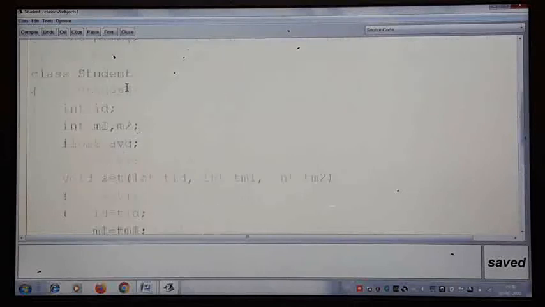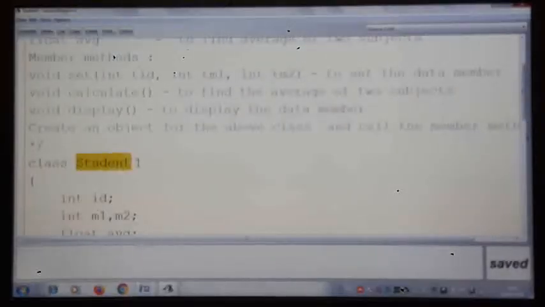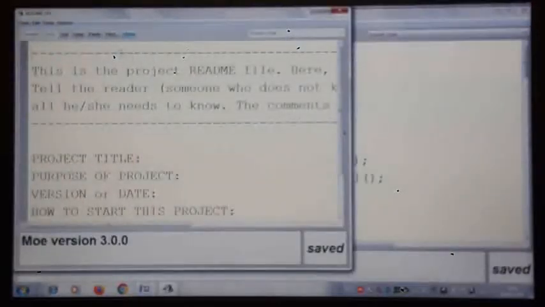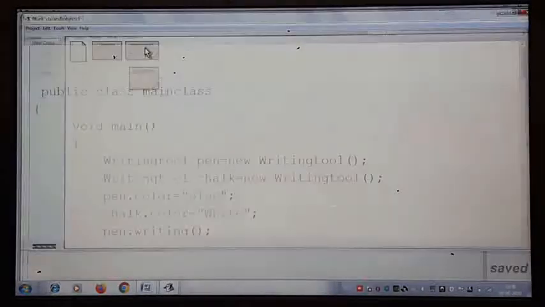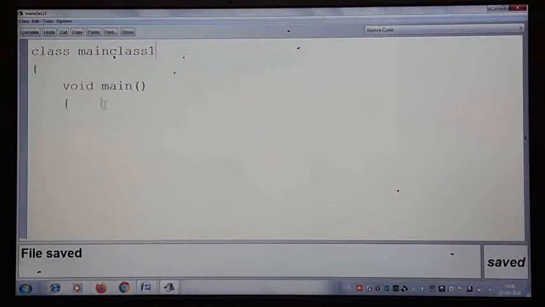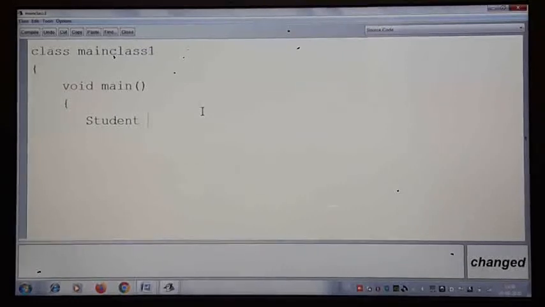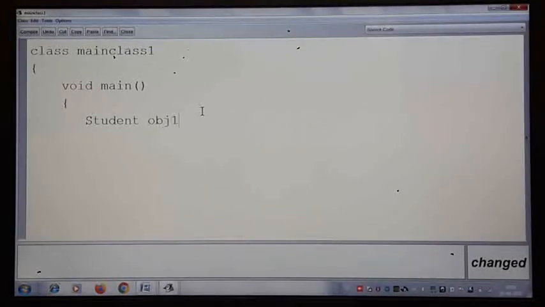If you see this student class I have created, this is the class name. So I am going to create an object for that particular class here. So I'll take here main class, void main, student. I'm going to create an object now. obj1 is equal to new student().